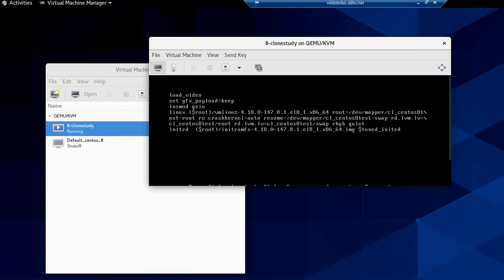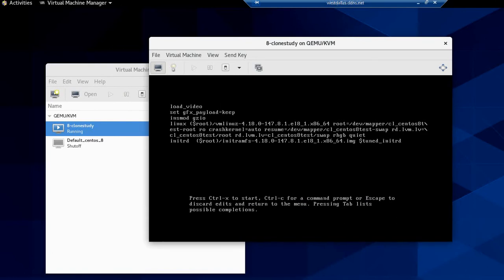But there we would hit E, the letter E on the first entry, and this is what shows up. Here we have to make a change, and you have to know all this by heart, because it saves a lot of time in the exam. We go to the part where it says linux. In CentOS 7 it used to say linux16, but now it just says linux. Use your arrow keys to scroll all the way down to where it says linux. Right after that line, hit the End key on your keyboard. It's going to take you to the end of the line, after quiet. You can't see it because I'm remote, but you would type in rd.break and then